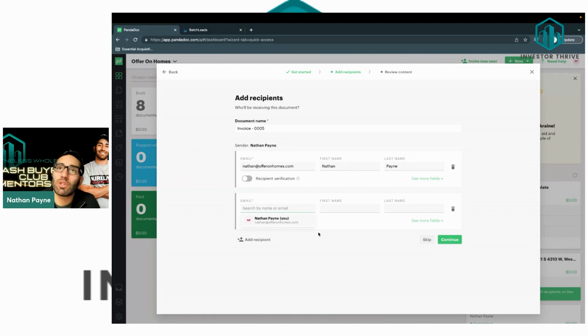And again, when would you do this? When you don't want to wholesale a deal. You just want to give it to your buyer for him to sign and you trust them. That's the importance of having great relationships with cash buyers: you've done multiple deals, you trust them, and you want to work with them. And instead of you signing and wholesaling it, you just have them pay you an invoice.